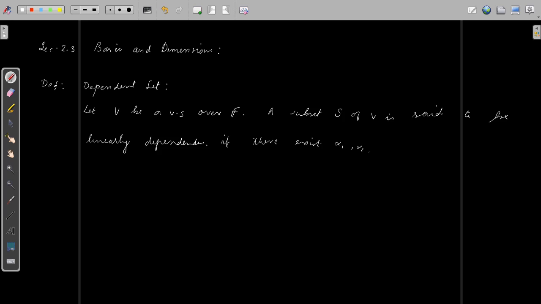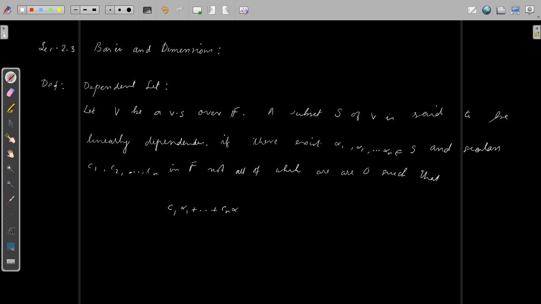alpha 1, alpha 2, etc., alpha n belonging to S and scalars, say C1, C2, etc., Cn, these scalars in F, not all of which are 0, such that the linear combination C1 alpha 1 plus etc. Cn alpha n equal to 0. Okay, so if this set S has this property